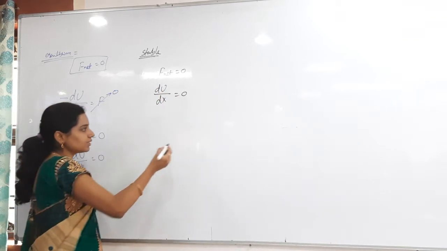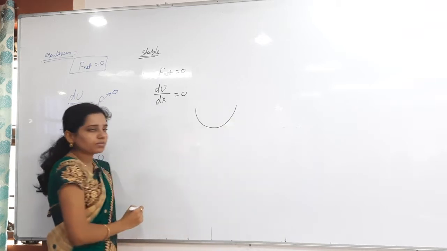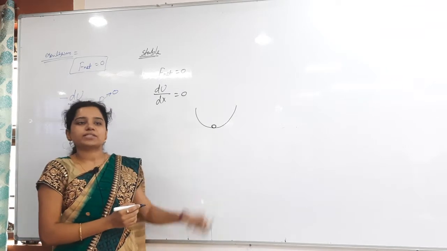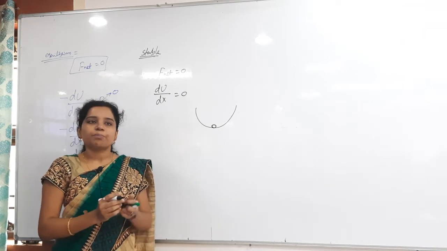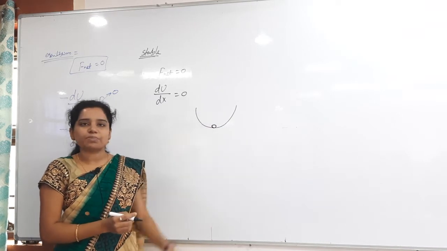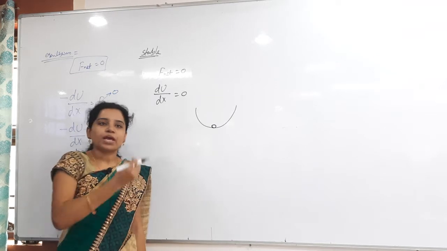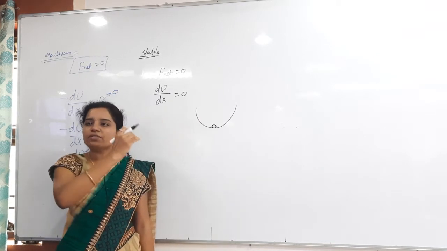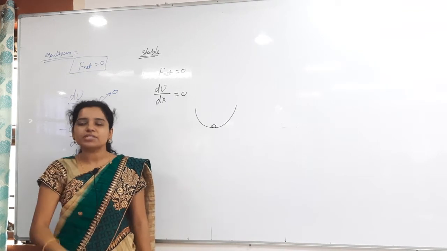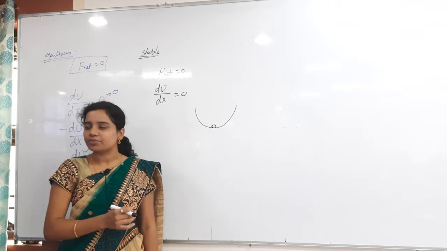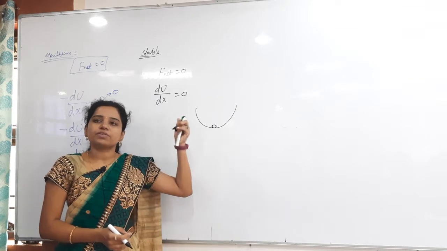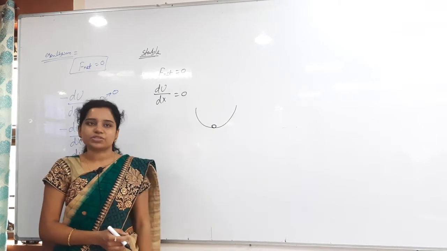Now I said stable. I gave one example: I have taken a spherical bowl like that, and I have kept a ball at the equilibrium state. Now whenever I displace it even with a small force, what happens? By the retarding force, it will come back again. The retarding force is the gravitational force, acting in the downward direction, while I am applying the force in the upward direction. So the body will retard in the upward direction, right? Why? Because gravity is acting in the opposite direction to the motion. So a constant retarding force will be acting, and finally, at the end of the day, it will come back to the same equilibrium position again.